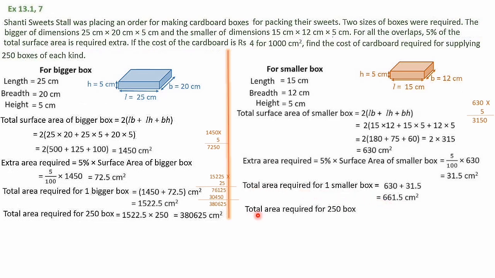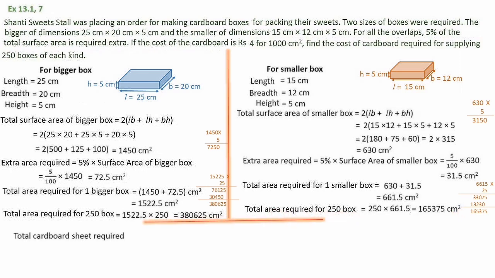Next, area required for 250 boxes. Quite simple. Like here, you just multiply this quantity with 250. So 250 into 661.5. Now just multiply this one, 6615 without decimal into 25. When you multiply, you will get 165375. Here 10 is there in 250. I did not put here. That 0 you can add here. After decimal, here one digit means that 0 will be eliminated. So you will be getting the answer as 165375 centimeter square. So this is the total area required for 250 boxes.